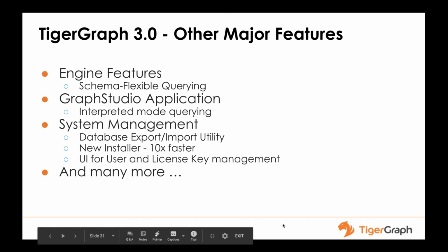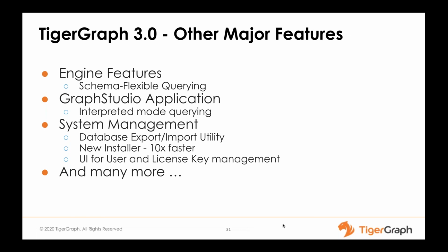And that's our goal. And a couple more features I wanted to touch on is on the engine side. We are providing schema flexible querying that's similar to your dynamic SQL on the relational world if you're coming from the relational side. Basically, that allows you to parameterize queries at runtime. This will be very useful for developers to write reusable clean code. And then Graph Studio that Emma just presented, we are adding some more features like support for interpreted mode querying, which is like running a query immediately without actually compiling and installing it.